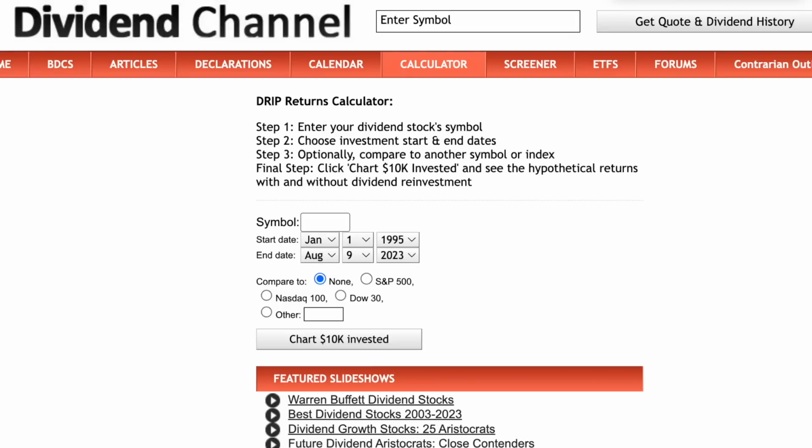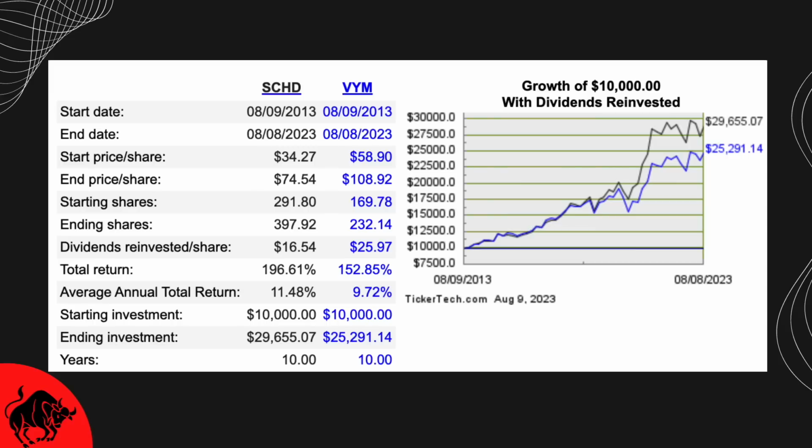If we compare SCHD with VYM's total returns from exactly 10 years ago, we can see that for many years both ETFs were in a very close race. But ultimately, SCHD started pulling out ahead after the pandemic occurred. In the span of 10 years, a $10,000 investment in both SCHD and VYM would have given you a return of $29,655.07 from SCHD and $25,291.14 from VYM. That comes out to a total return of 196.61% from SCHD and 152.85% from VYM. From an annual perspective, SCHD gave investors an average annual return of 11.48% compared to VYM's 9.72% over the last